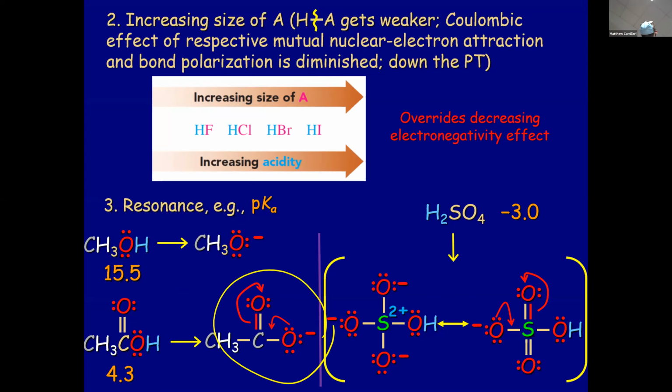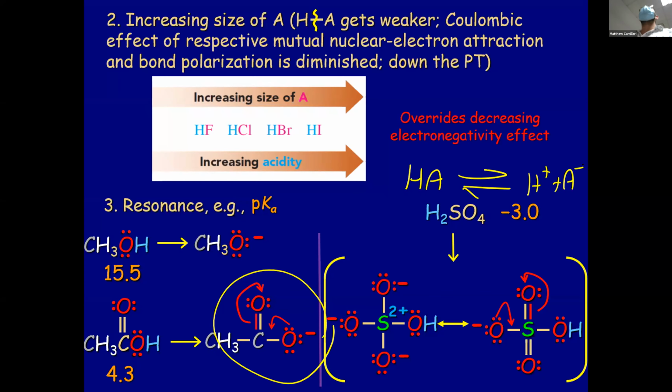And therefore, the carboxylate will be much more stable than the alkoxide, meaning the carboxylic acid is going to be a better acid. Okay, so normally we speak about HA,